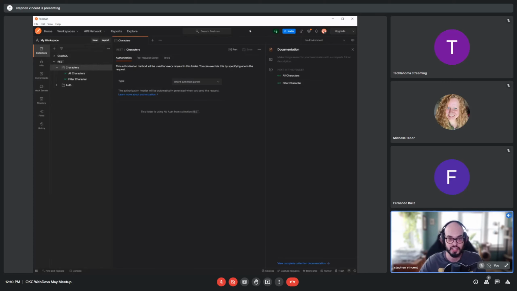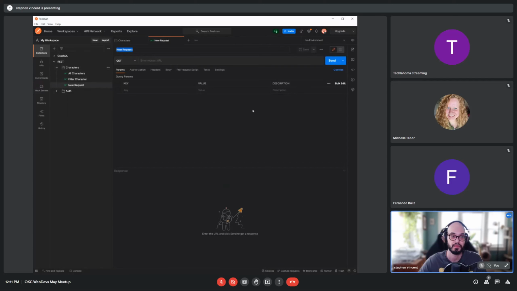So the first thing is whenever you create a new request, so we're going to go ahead and do that right now. So if I were to go to my collection, which is just a folder, and then I go to add a request, it will then pop up with just the user interface version of what you are probably used to writing in either like JavaScript or TypeScript or whatever front-end languages you're used to writing to be able to contact your API. So it's got the basic stuff where you can either do